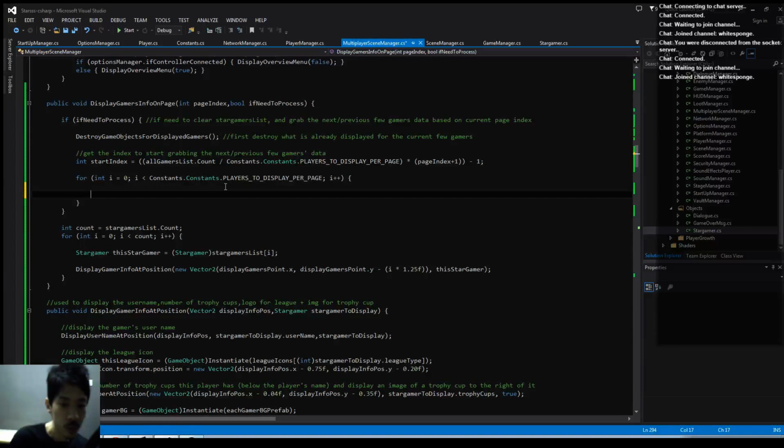So using the start index, I can actually use the start index here. Let's see, int i equals start index; i less than start index plus players per page; i plus plus. So now using i, star gamer, retrieve gamer equals